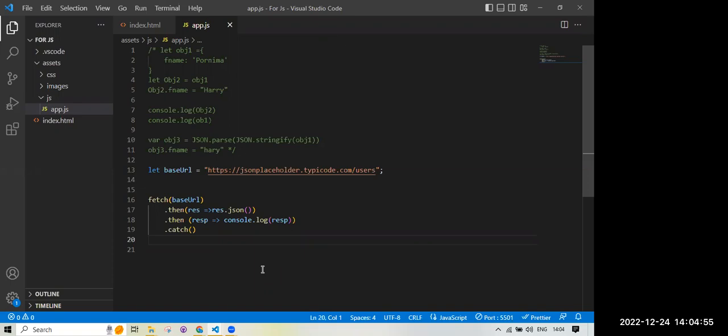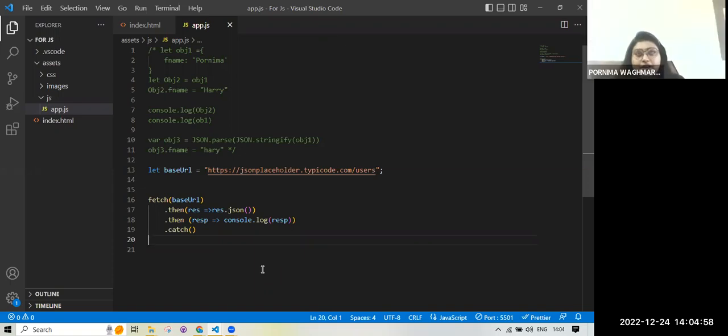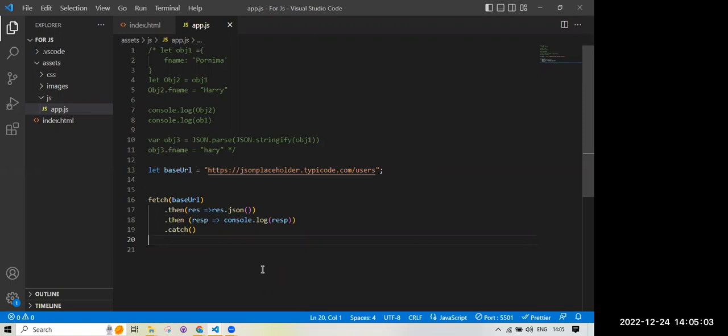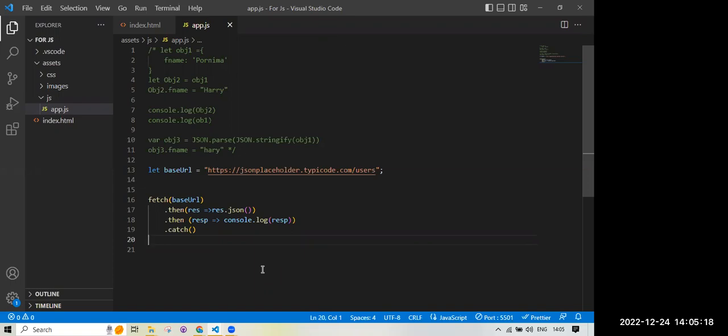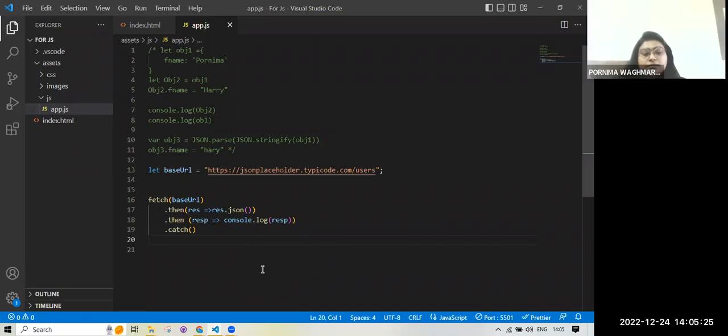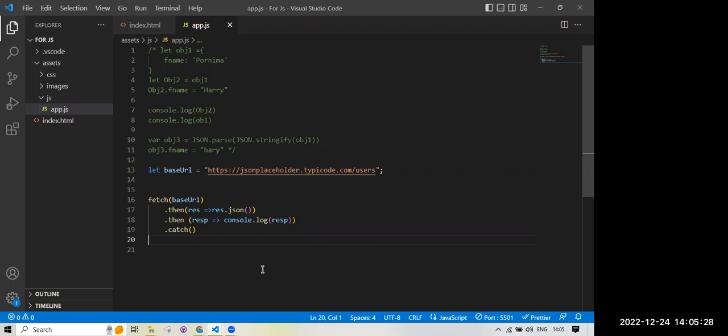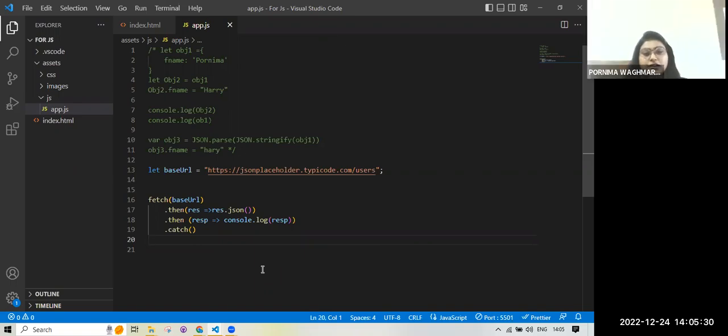In HostListener, we write the event name and give some style using HostBinding. So we bind some style to that HTML element.